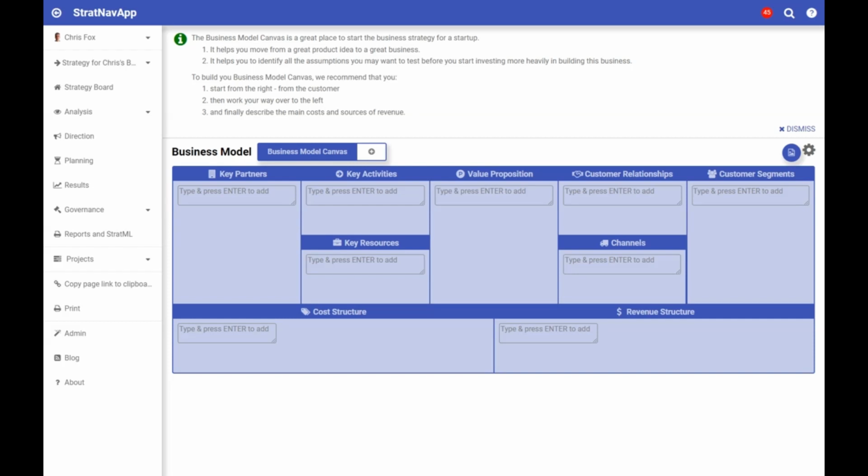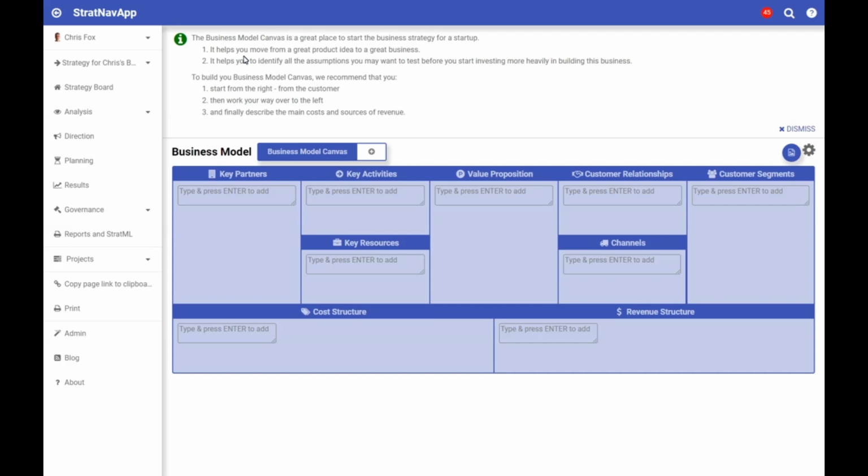You'll see you've got access to our full suite of menus on the left here, and you can go anywhere you want and do anything you want within the tool. And if you're an expert user of the tool, that might make sense. But if you're not, we recommend that you just follow the guidance. It's suggesting that you start with a business model canvas because that's what most experts would recommend for a startup. So you're getting that advice for free.